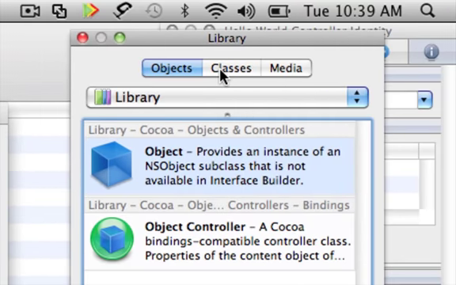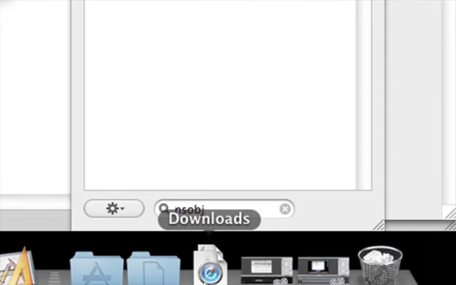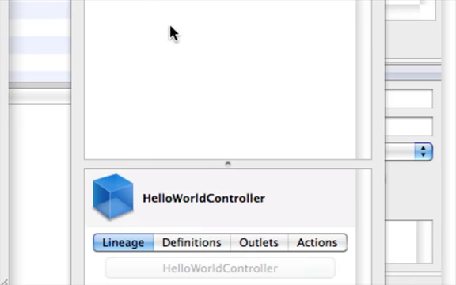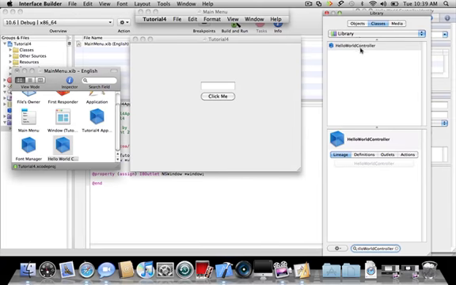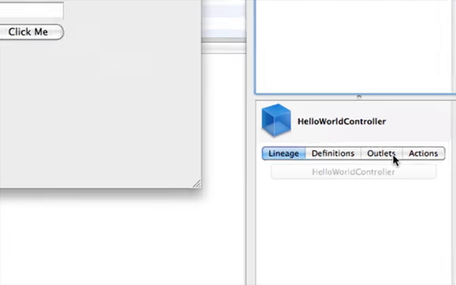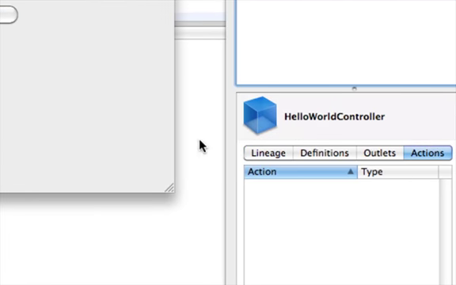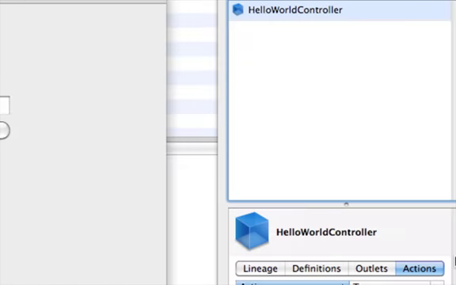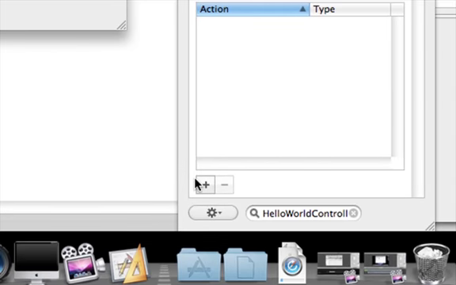To go to actions and outlets, go into your library and go to classes, and down here search for the class name, which, remember, we named hello world controller. As you can see, it comes up here. Select it and go to actions. Now the action in our window is the button, because when the user presses the button, it gives the functions to the object. So I'm going to be naming the action as